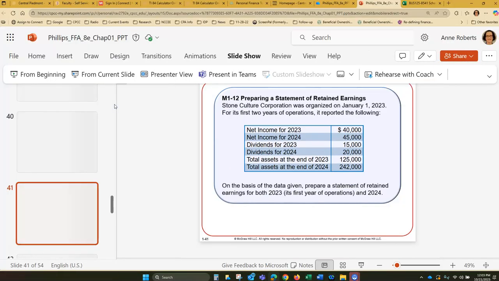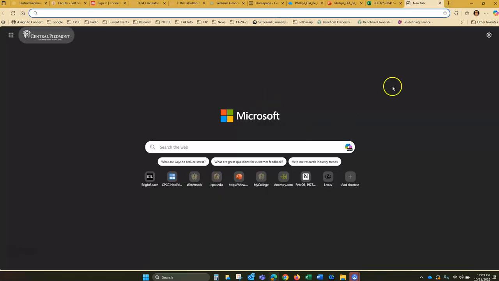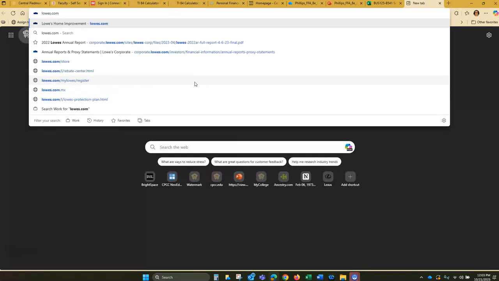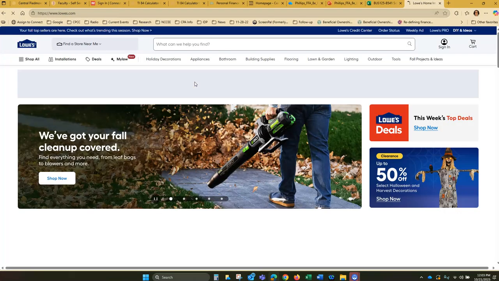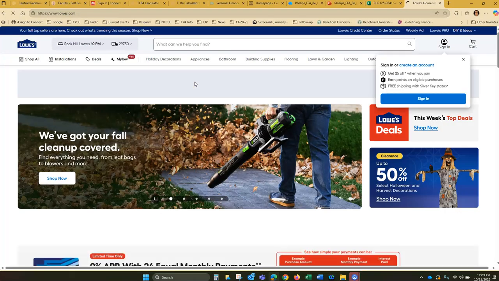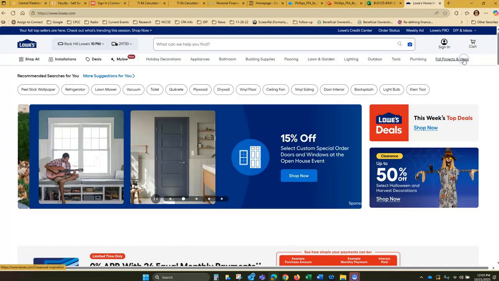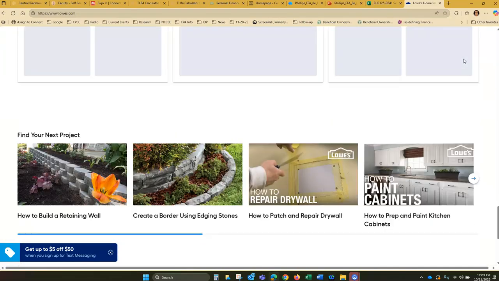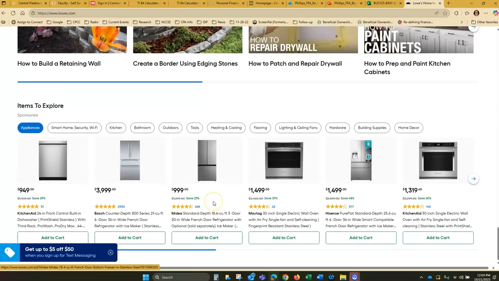All right. So what I want to do is open up your computer, open up a new screen, and type in Lowe's.com. We're not going to go shopping. Okay? Now, where can you find the financial statements for Lowe's? Good. You go all the way down here to the bottom, and pretty much, well,